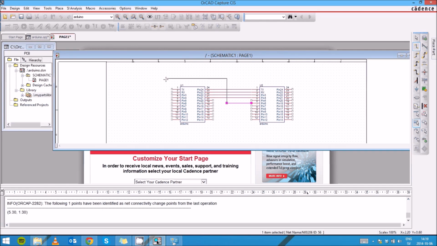And just to add complexity to the connections. This is just an example, so